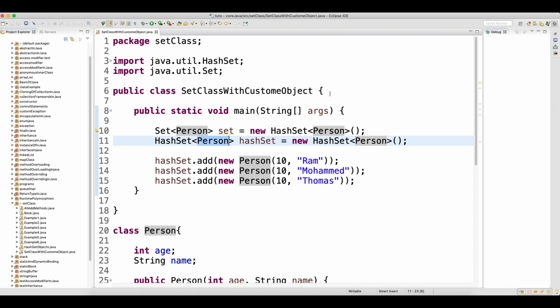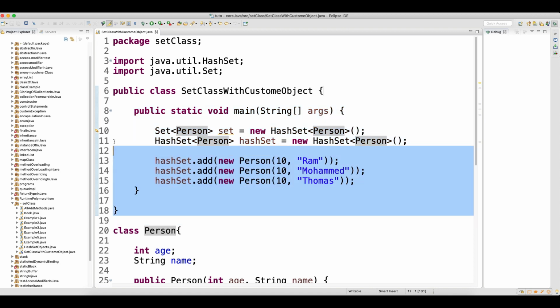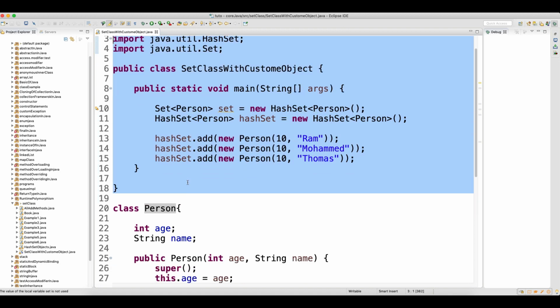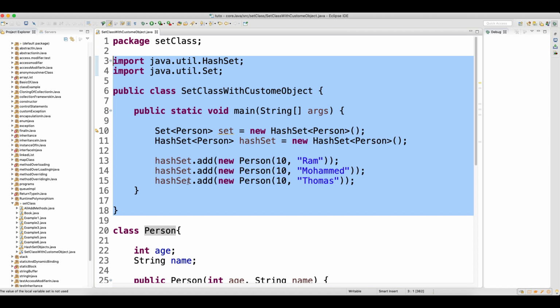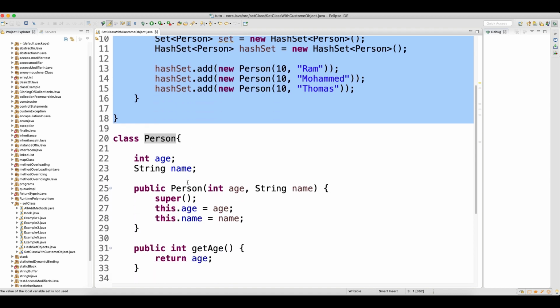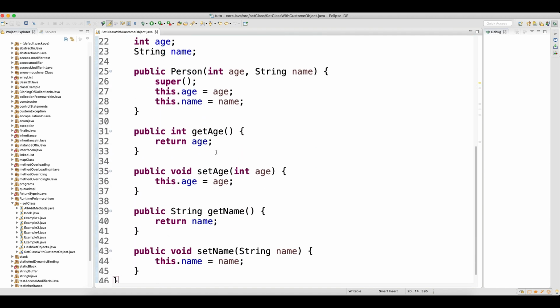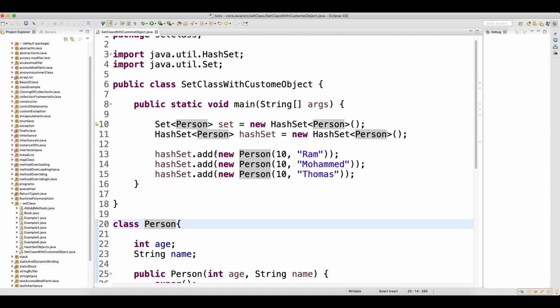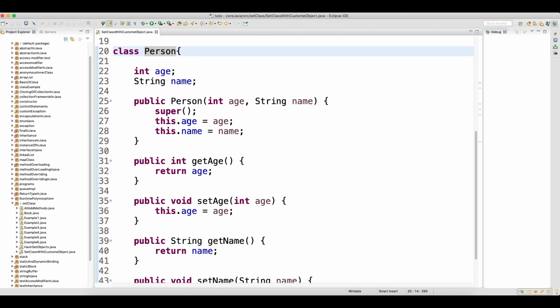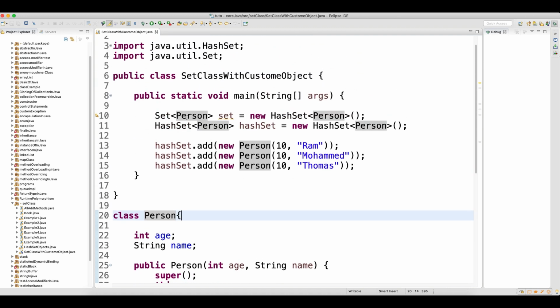So in the same file you can see that this is the starting of the class, this is the ending of the class. So guys, one more thing, in the same .java file you can write another class. Sometimes you don't want to make a separate file. Yes, you can do that. You can write the class in the same Java file.